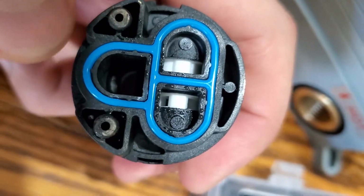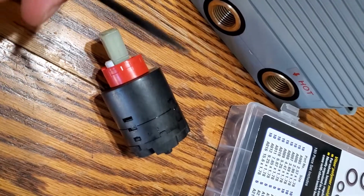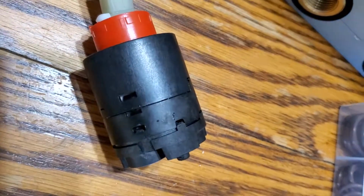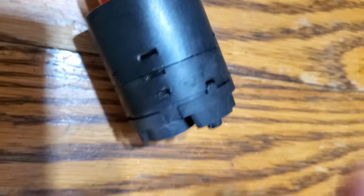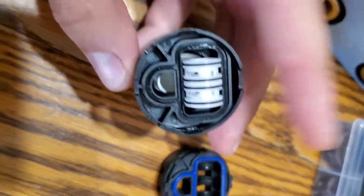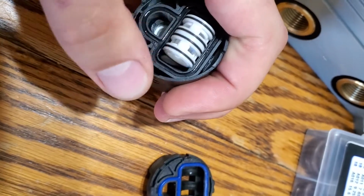So all you have to do is get a flathead screwdriver and insert it in here. All you have to do is just kind of pry it off. It will pop, and then you'll be able to remove this right here. All you have to do is put a little O-ring here, and on the other side over here,